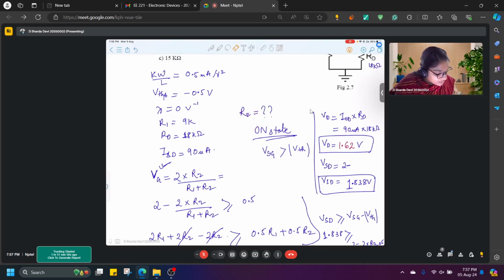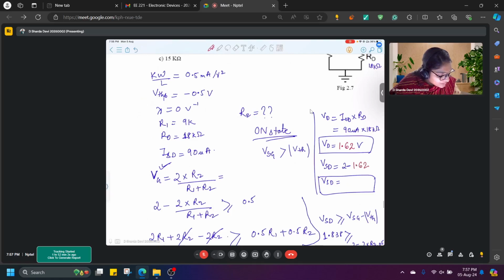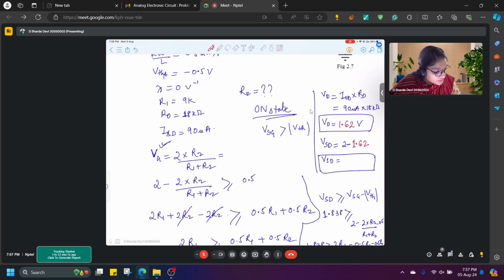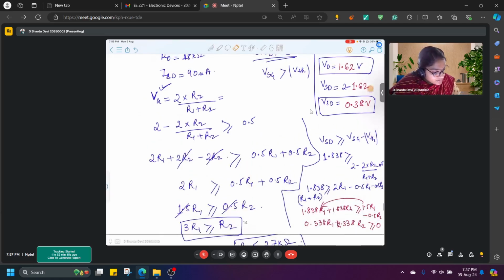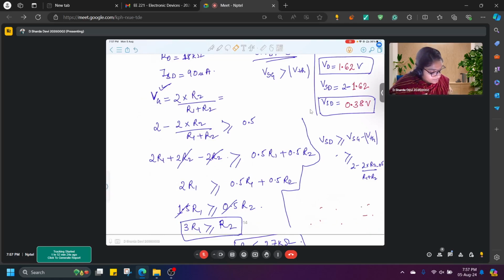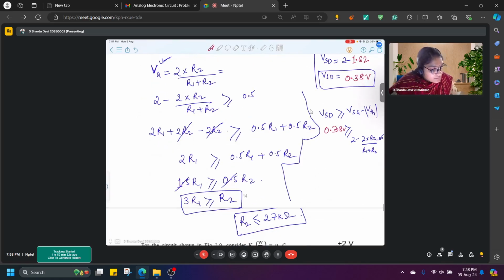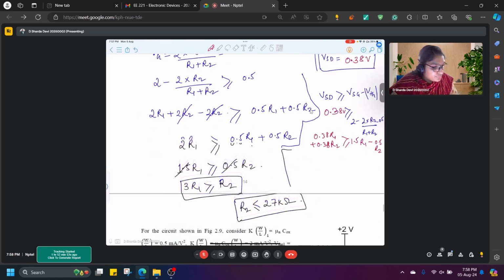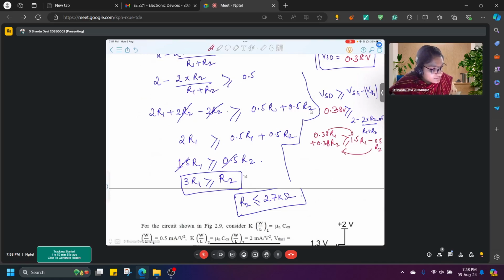So here this will change, and because of that the whole thing will change. This is 1.62. So with 1.62, we are left with how much? 0.38. Okay, so that's why it was going wrong. Right, so here it is 0.38 volt. So it will be 0.38 R1 plus 0.38 R2, which should be greater than or equal to 1.5 R1 minus 0.5 R2. So moving this side and the R1 term this side, we will get